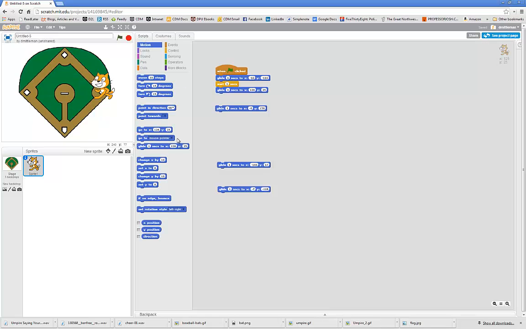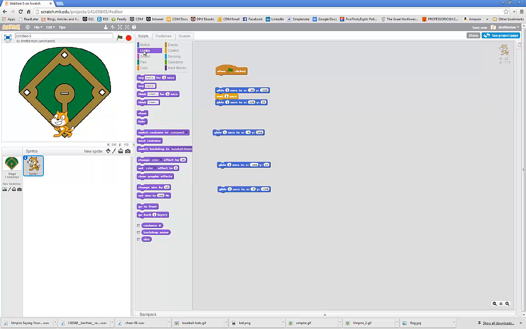Now, let's go back to the script, and let's make sure at the beginning that when he is at home plate, he is facing to the right. And to do that, we're going to have to make sure he's wearing costume number 1. I went to looks because I know that's where costumes are. And I'll say at the beginning, switch to costume number 1. Glide to first base. I'm sorry, he's going to home plate here. So in fact, that's what I want to do here. Glide to home plate, switch to costume 1, glide to home plate, wait a second, glide to first base,